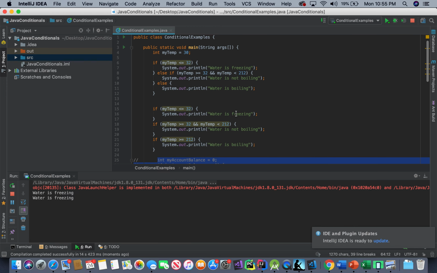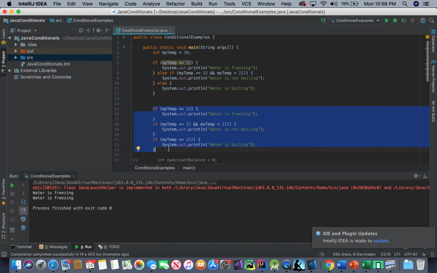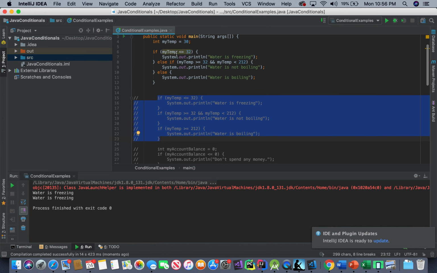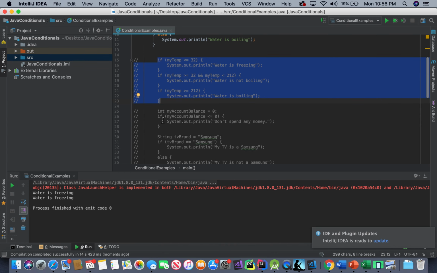It will run shortly. There we go. They're going to give the same answer, but honestly, this is not a good idea right here. Okay, don't do that. You don't actually have to have else if and else. An if statement by itself is fine. And in a case like this, what I've given here in this example,